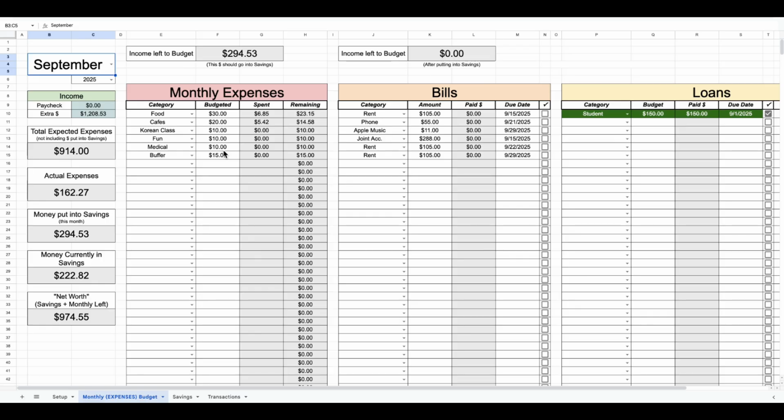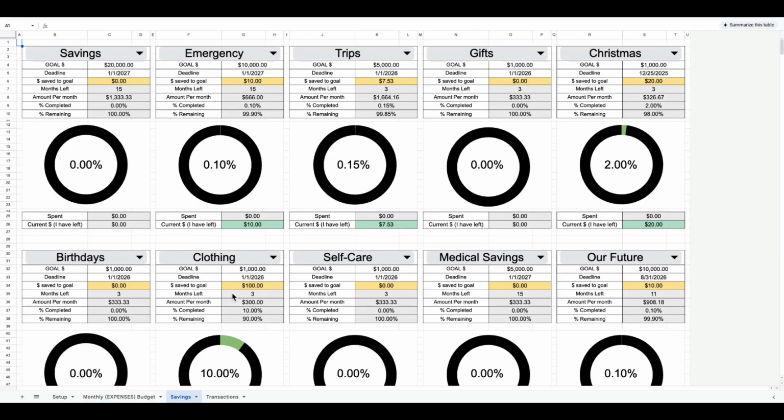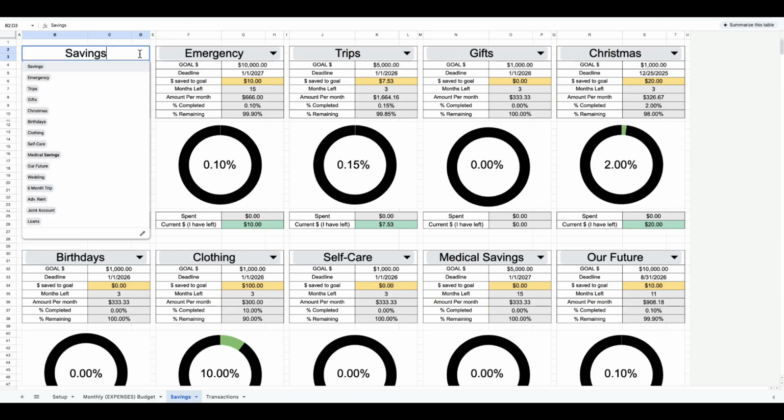Yeah. Before we move on to the transactions tab, I'm going to show you my savings tab. So this is the savings. So again, drop down menus. These are all of my savings. The only thing I don't like about this is I can't like